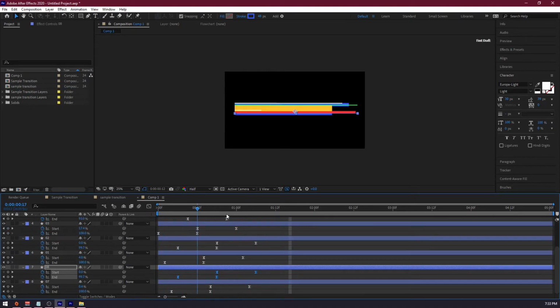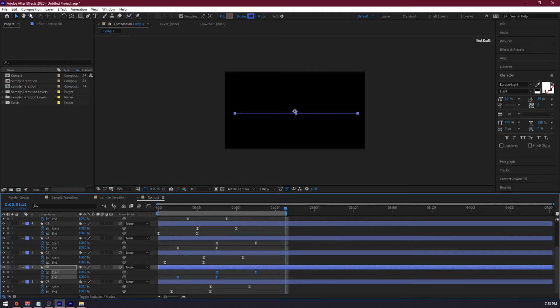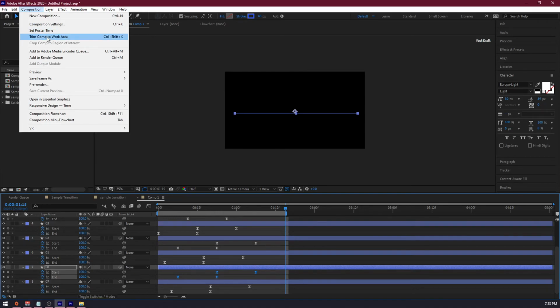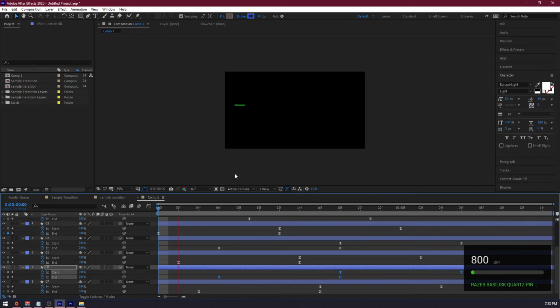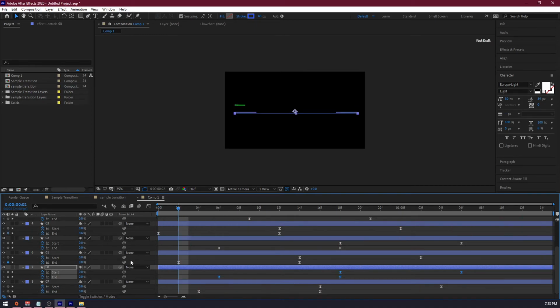Right? So what I'll do next is I want to trim the comp work area bar so that the timeline is enough for the animation to finish. So around this area, then I'll move the work area bar, go to composition, trim comp to work area. Okay? And now this transition, what I'll do is